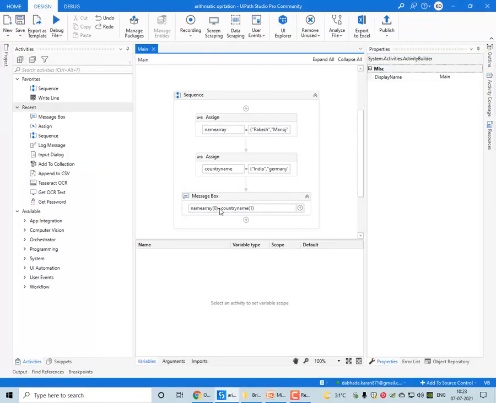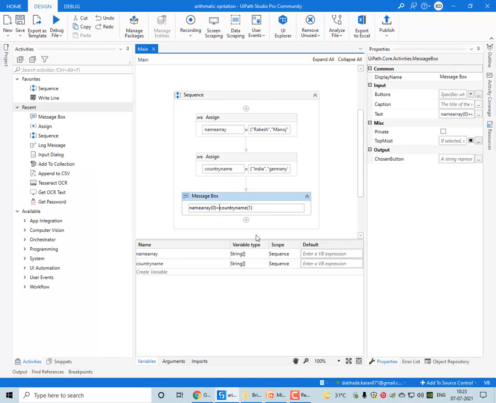You can type here some message like this, this will be for space purpose.